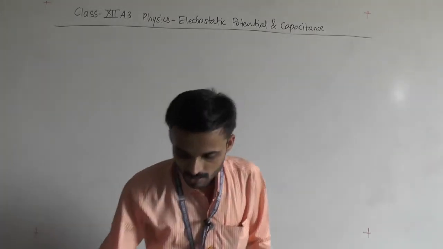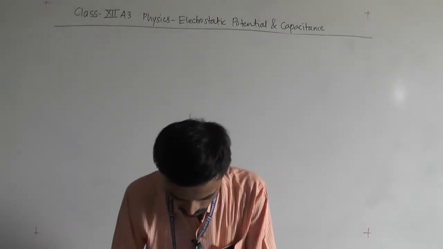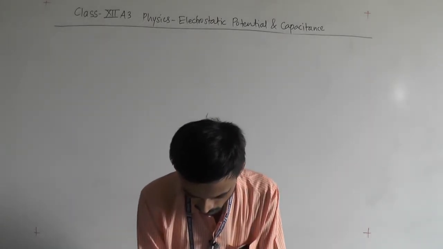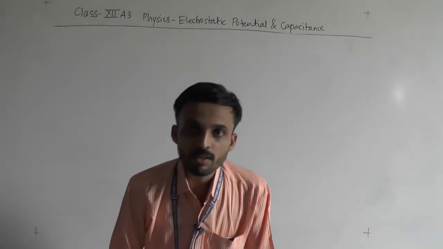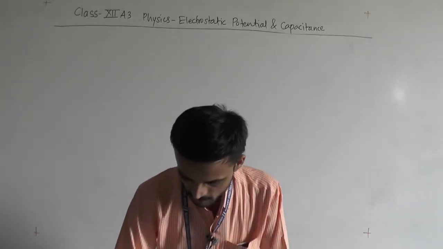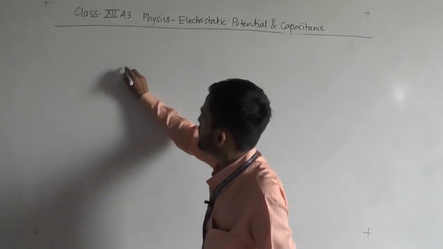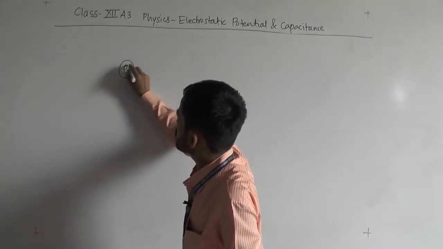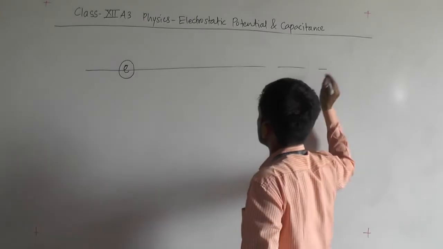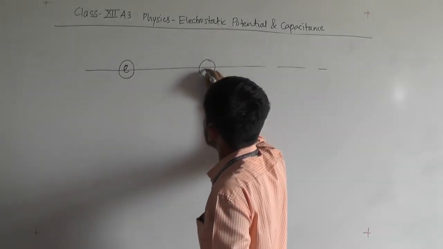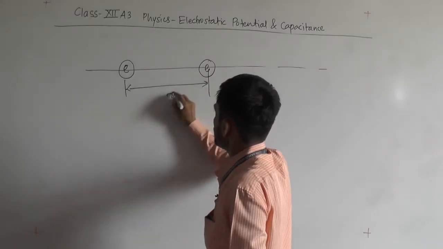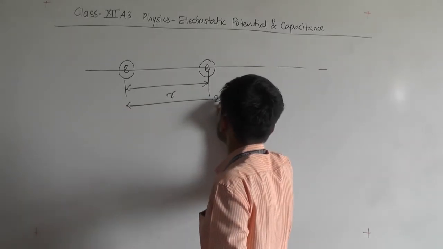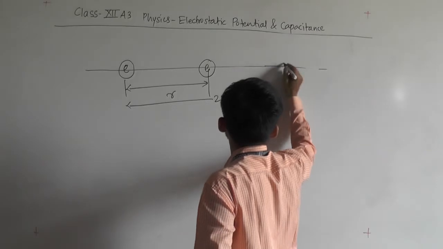Now the another problem was, I think, another problem also I showed you, so that I will explain once again. So I think the problem was like that. Here is one proton kept at the origin. So again I will discuss with you. Here is one another proton which was initially kept at a distance r, and then it was kept at a distance 2r.